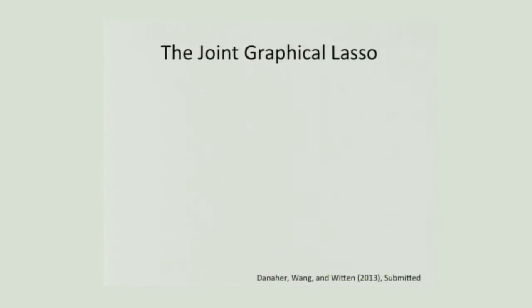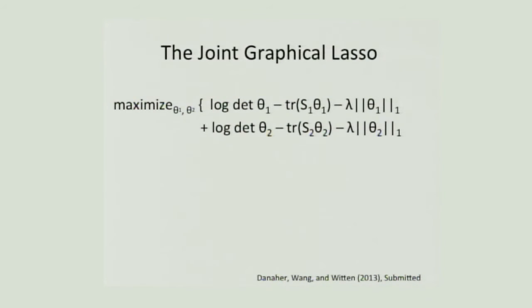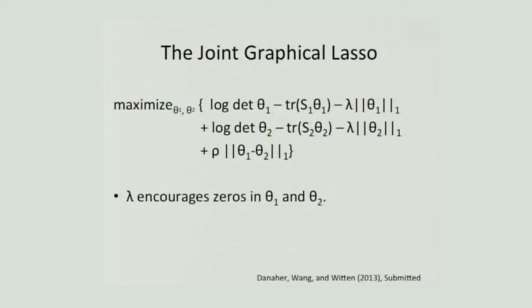The way we do this is with a formulation called the joint graphical lasso. I know you guys are really interested in the exact form of the math problem, and I don't want to disappoint any of you. So this is what it looks like. And this is not so complicated. It's actually pretty simple. There's some parameter lambda that encourages sparsity in our estimates of the first inverse covariance matrix, sigma 1, and the second inverse correlation matrix. And there's another parameter that encourages similarity between these two